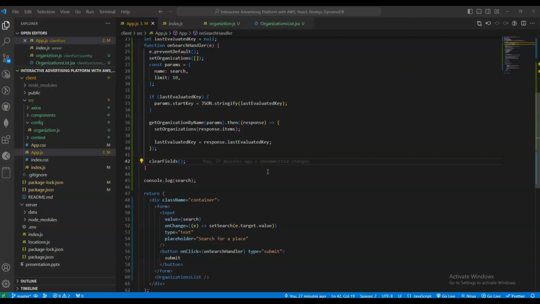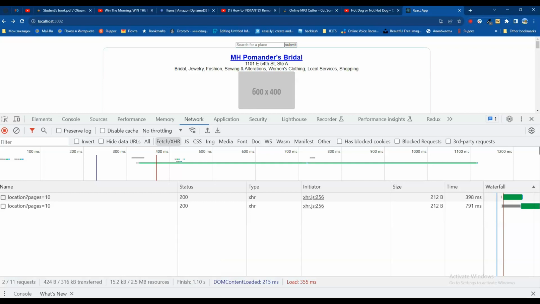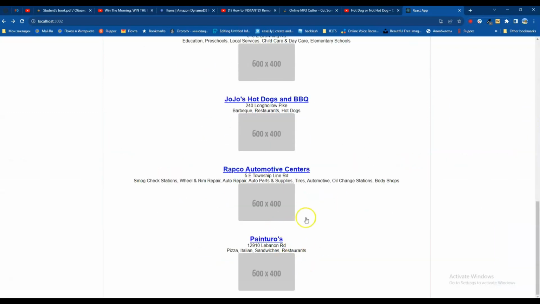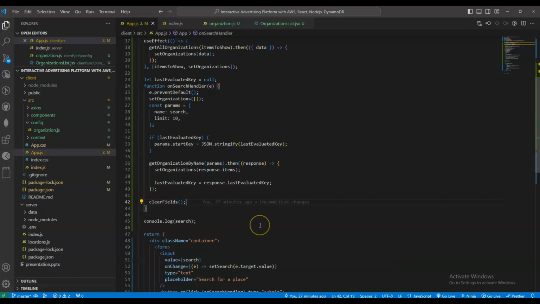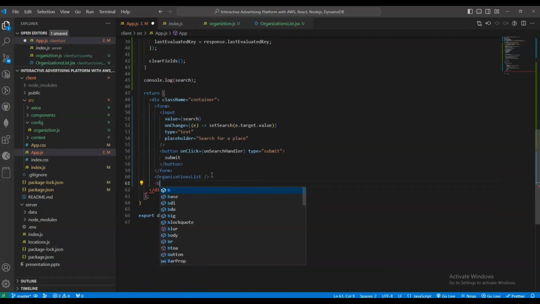Hello, as I mentioned before, in this lesson we will add a button that we can use to load more items. We are going to add this button right here. All right, let's go there. Let's go here and put this button